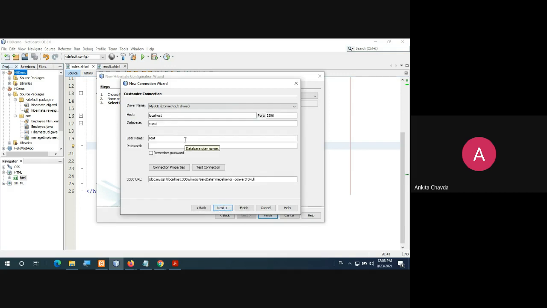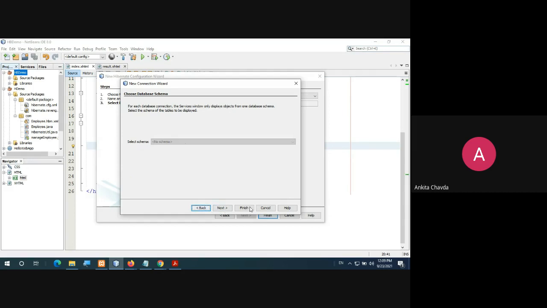Here it will automatically show you localhost, the database is MySQL, port number 3306, root and password. And here there would be the JDBC URL where they ask what your database name is. You just need to remove the default MySQL name and give Hibernate DB, whatever database name you have created. Keep the question mark and zero and everything else as it is. Don't touch it. Go to the next.